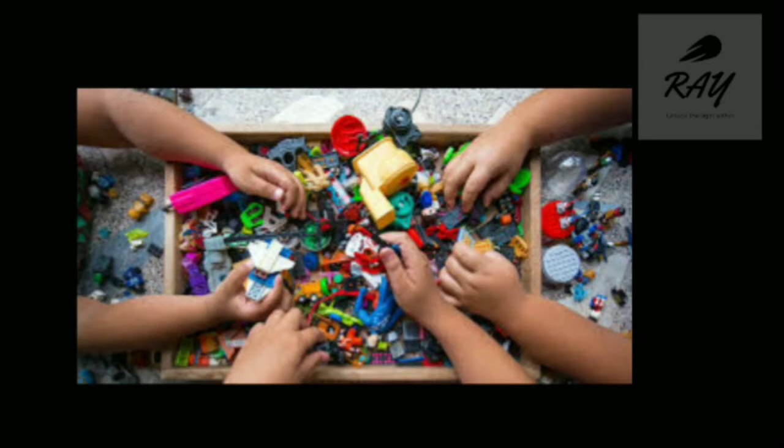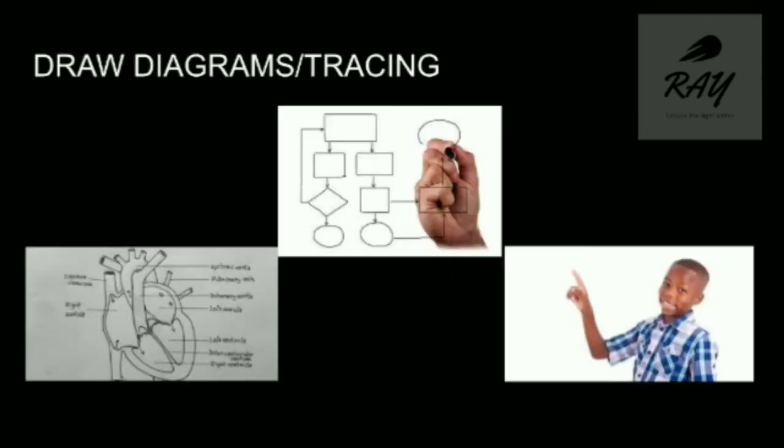So in this video I'm going to talk about different strategies in which you can teach if your child is a kinesthetic learner. Also, it is always better to use a mixed combination of other learning strategies, but make sure that you include more of the preferred learning style of your kid in the teaching program, so that the learning experience becomes most enjoyable and less stressful for a child. Okay, let's go on. First one is drawing diagrams or tracing.